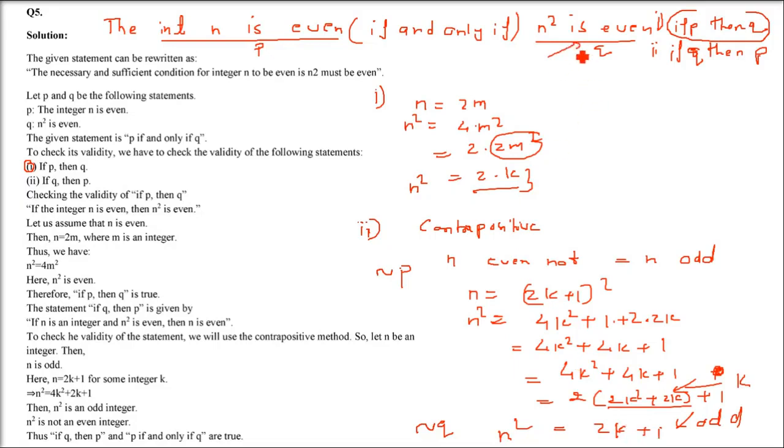This we have learned in the theory also. If not p, then not q, that means if q, then p. So first you proved if p, then q. Then you proved if q, then p. That is, this is the if and only if condition. That means this is a true statement. If P then Q and if Q then P both are true, that means this statement is true. That is what we have to prove. The statement is true.